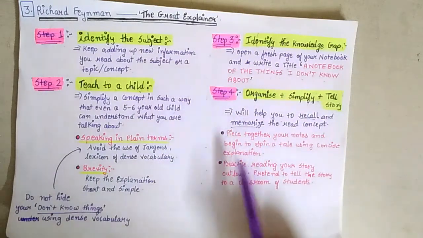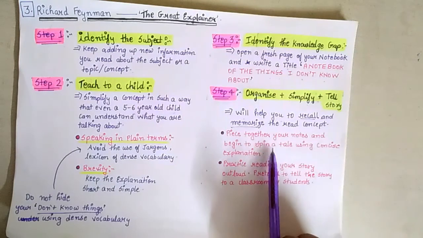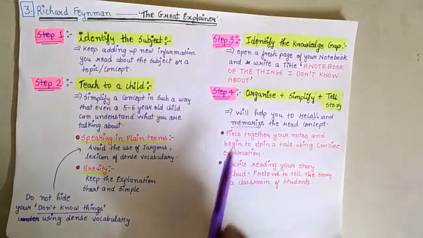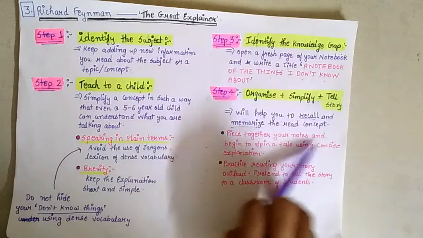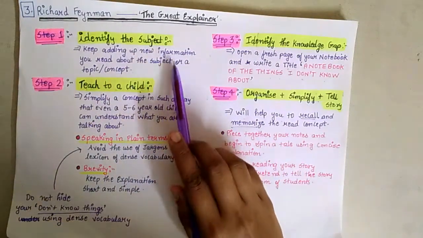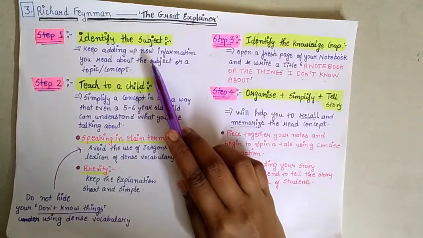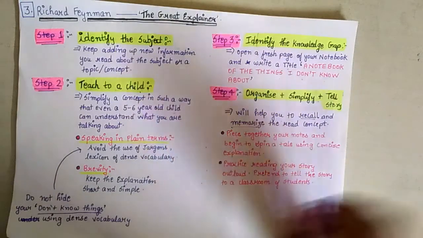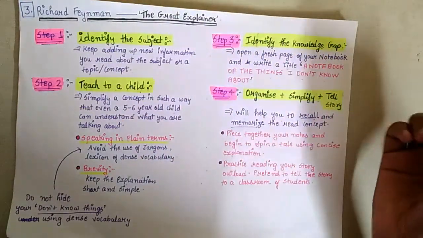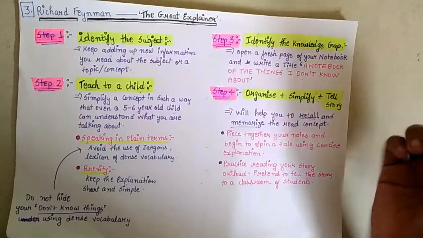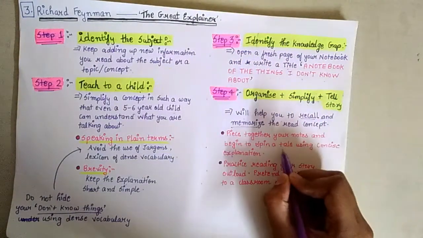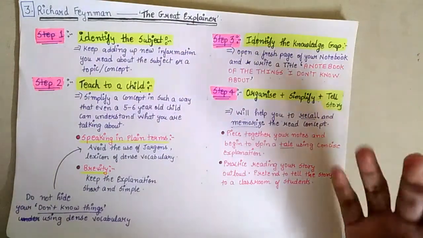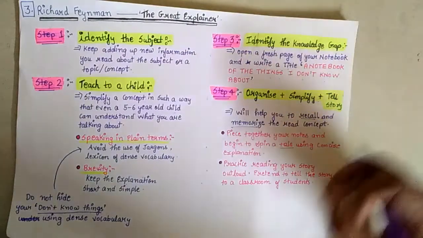Step 4 is to piece together your notes and begin to spin a tale using concise explanation. This point suggests that you take the information you have assembled, go through it, start linking every piece of information back to back, and make a tale out of it, a short story. Some effort will be needed